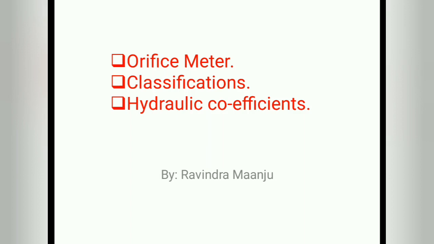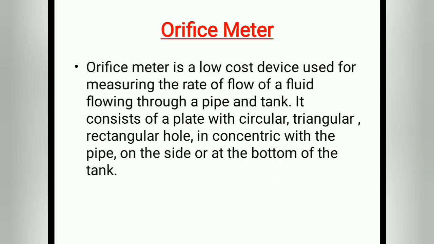First of all, what is the orifice? We know very well that an orifice is a low cost device because it does not have any moving part or any other complex part. It is just a hole on a plate. Maybe the hole is rectangular, triangular, etc. We can place it in the pipe or at the mouth of the tank to determine the flow rate. So this is the cheapest device.